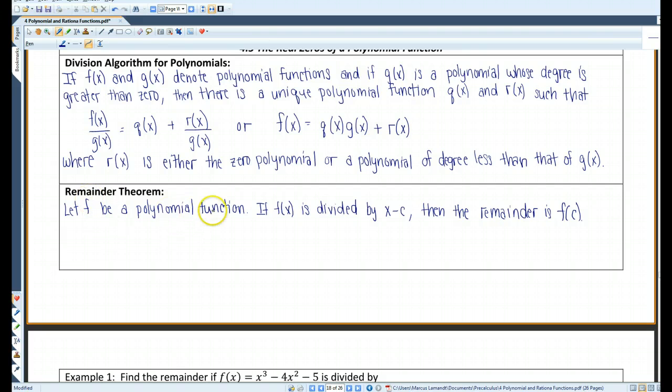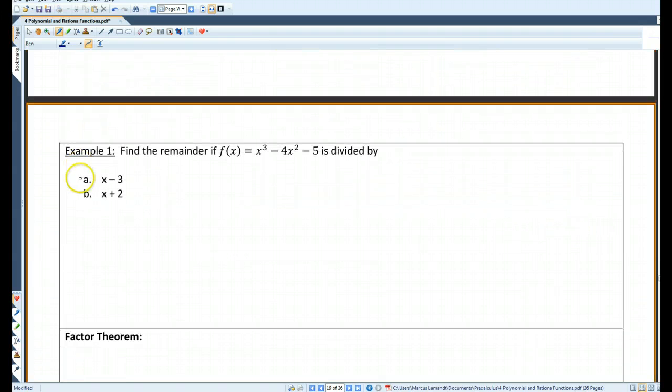This one might be new, the remainder theorem. If f, it should be, yeah, that's what it says. I'm going to change it up. There we go, a polynomial function. If f of x is divided by x minus c, then the remainder is f of c. Alright, let's try that. Find the remainder if f of x equals this function is divided by x minus 3